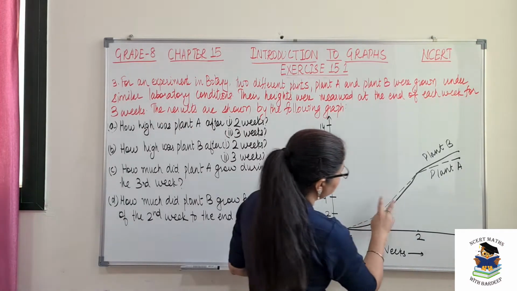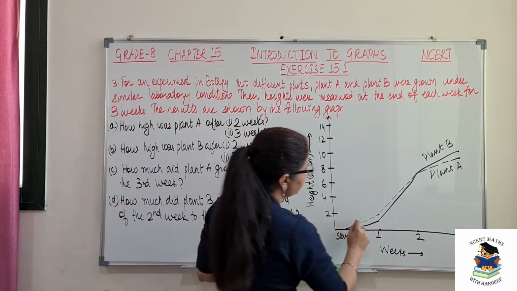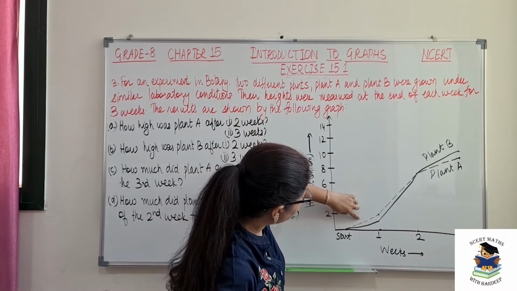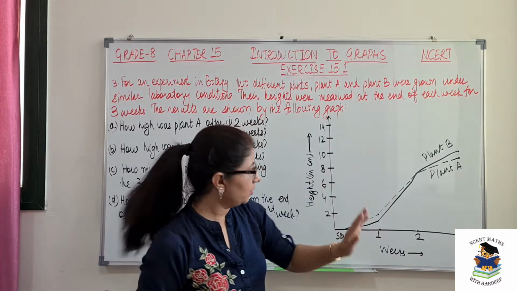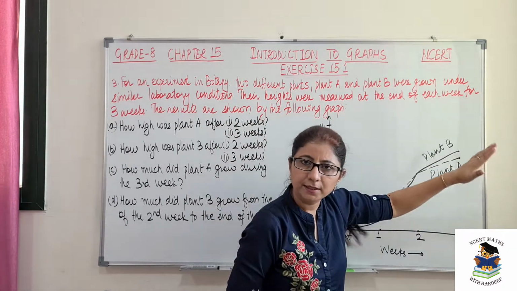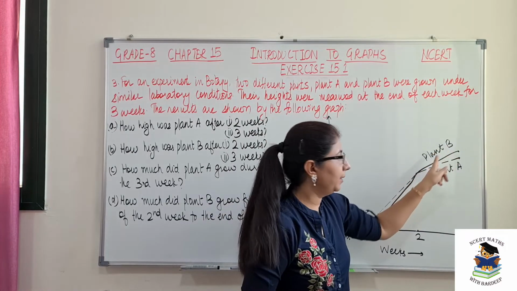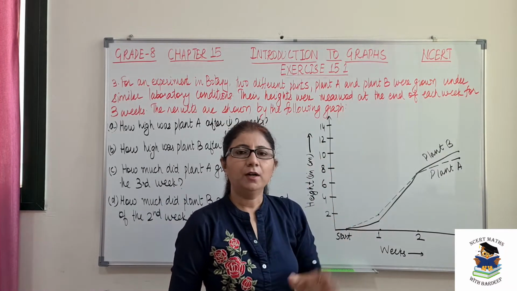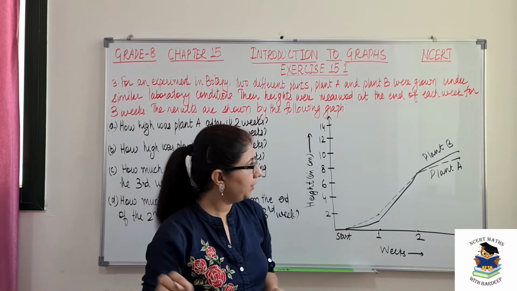So see, we can see now we have two different lines in this graph. One is dotted line and one is bold line. So we can see from the graph that this dotted line, below this they have written plant A. So this line is for plant A, but the bold line goes up and here they have marked that is plant B. So you should identify from the graph, if two lines are given, which one is for which category.